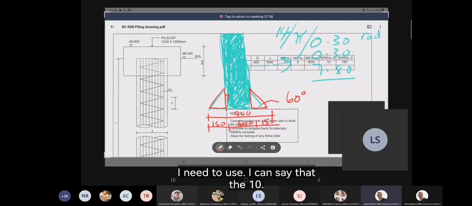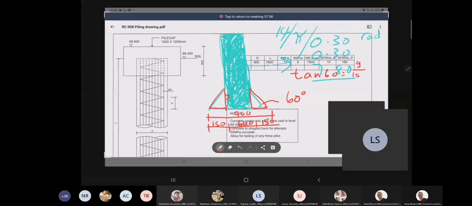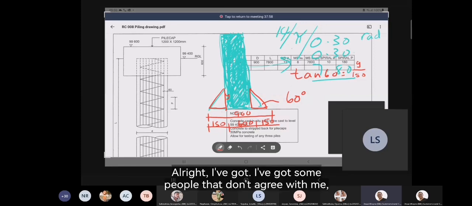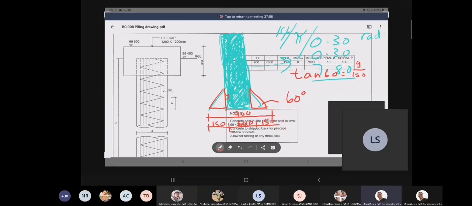I can say that the tan of 60 is equal to y over 150. Is that correct? Show me a thumbs up if you agree. Alright, I've got some people that agree with me. Okay, so that means that y is equal to,